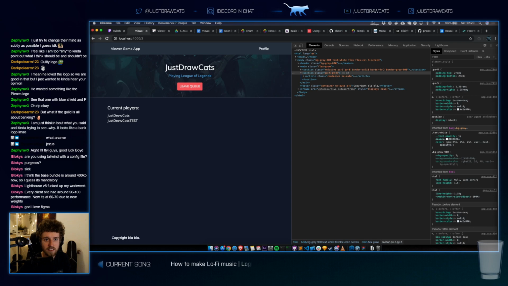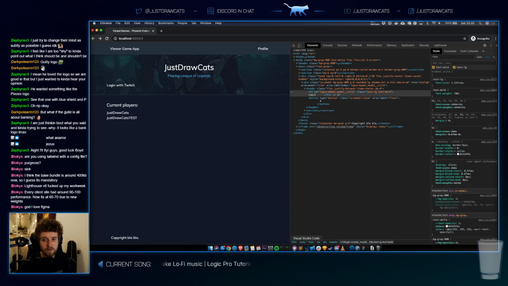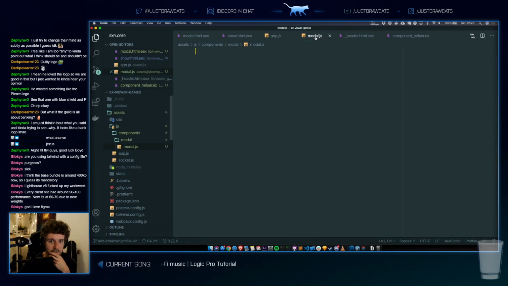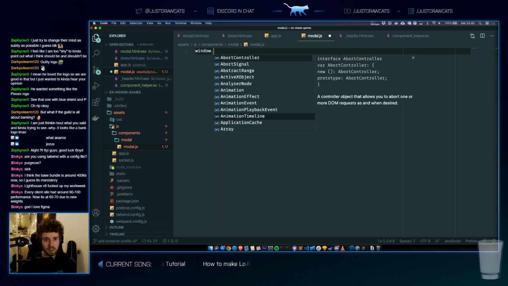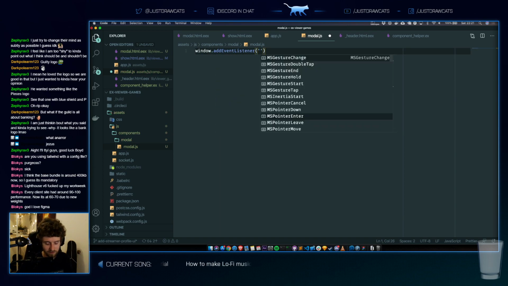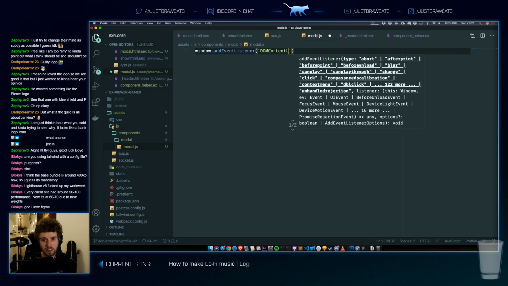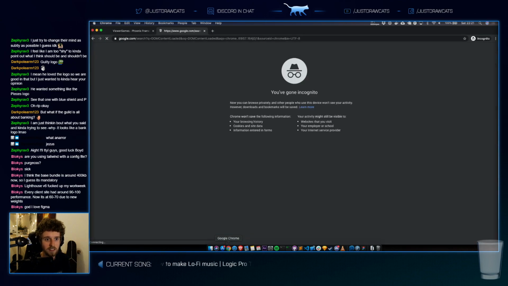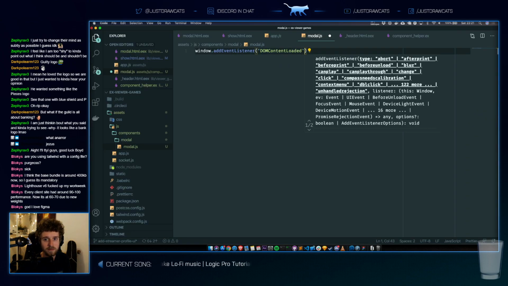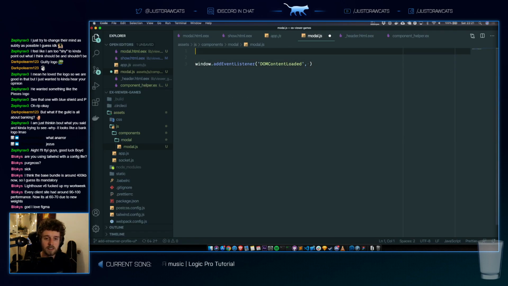And then document, window.addEventListener DOMContentLoaded or something. What was it called? I think that's what it's called. Yep. Initialize modals.